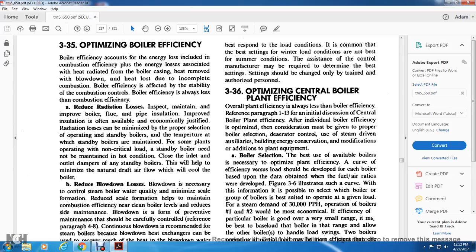336. Optimizing central boiler plant efficiency. Overall plant efficiency is always less than the boiler efficiency. Reference Figure 113. Initial discussion of boiler plant efficiency after the individual boiler efficiency is optimized. Consideration must be given to the proper boiler selection, the deaerator control, using steam-driven auxiliaries, building energy conservation, modification,